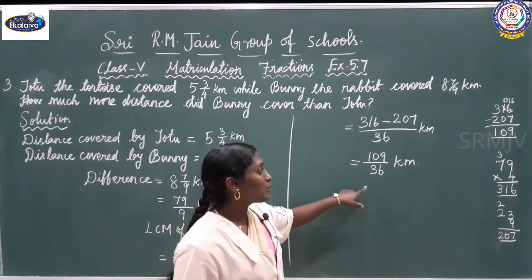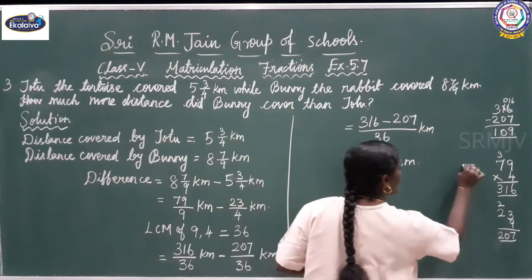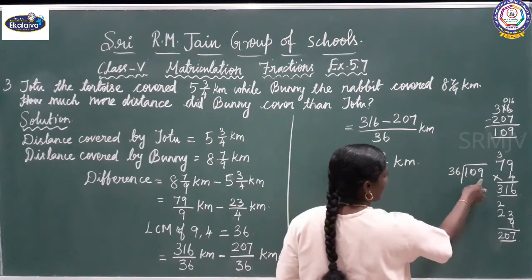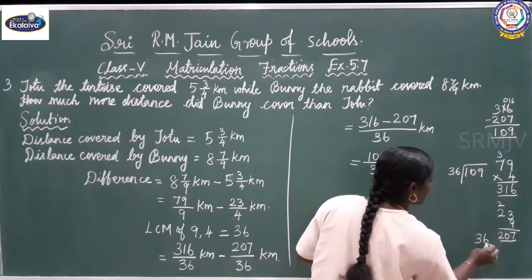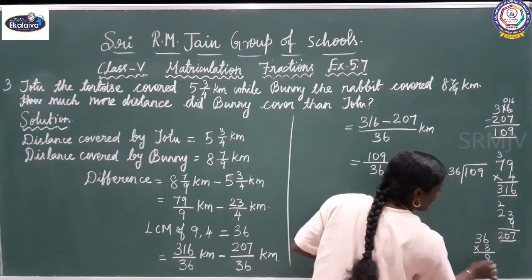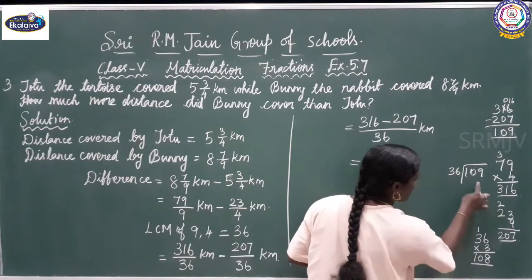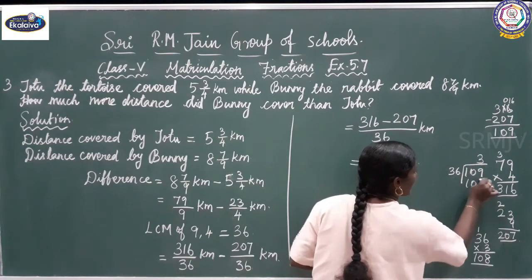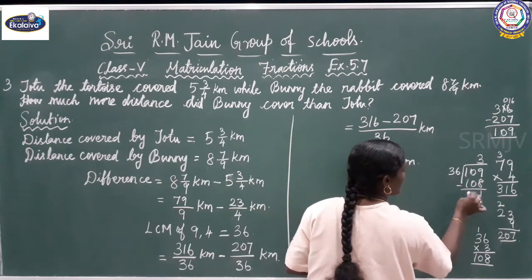Now we got an improper fraction. So we have to convert it into a mixed number. So we have to divide the numerator 109 by the denominator. Here in 109, how many 36s are there? We will check. 36 2s are 72. So I am going to check with 3 times. Here 3 6s are 18. 8 here, 1 carry over, 3 3s are 9. 9 plus 1, 10. Here we got the nearest number. So we can take 3 times. 36 3s are 108. Now we have to subtract. 9 minus 8, 1. Here 0, 1 minus 1, 0.